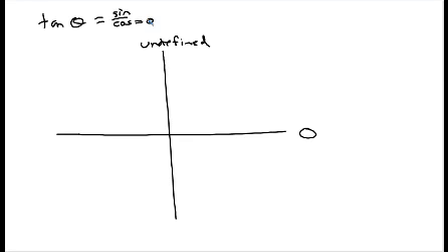When we get to the tangent of 180, it's 0. When we get to the tangent of 270, it is also undefined. And we will stop there for today. And that gets you a good start on finding the trig function of